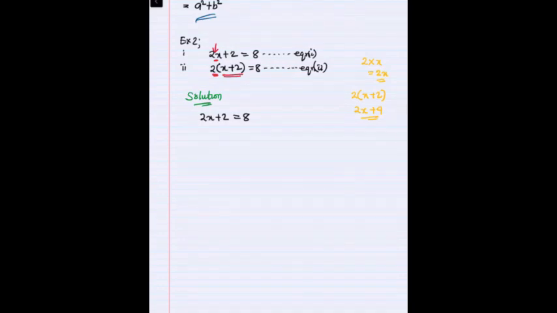Okay, we have to collect like terms, which will be 2x equal to 8 minus 2. Now, another question we usually have from students of math is, why do you have minus 2 when initially 2 is positive? Why is it becoming negative? Now, there's a principle in mathematics that says whenever a sign moves across the equal sign,